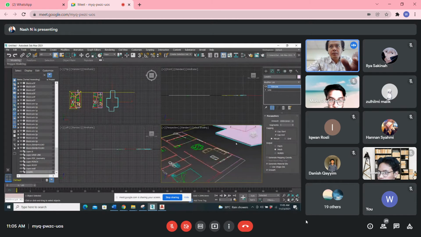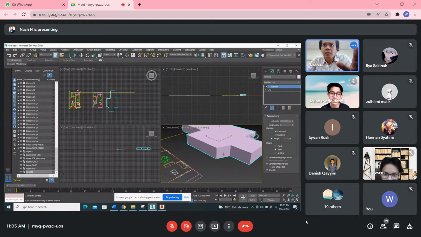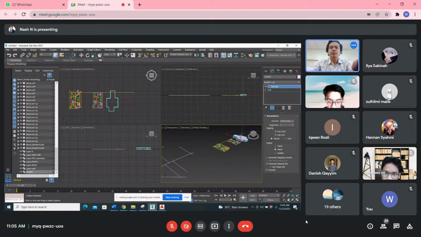Okay, wait. 4,000 mm like this. I have something wrong with the scale, I think.